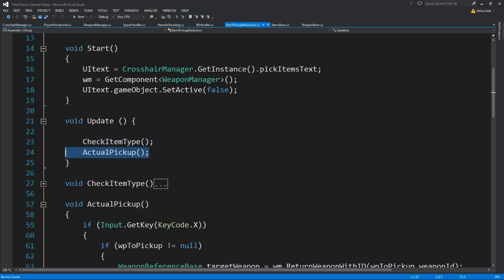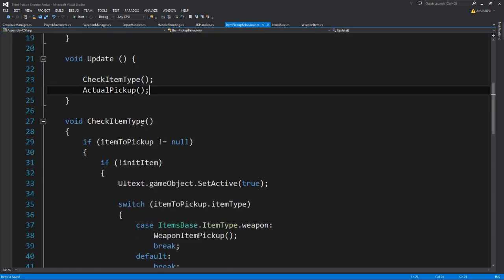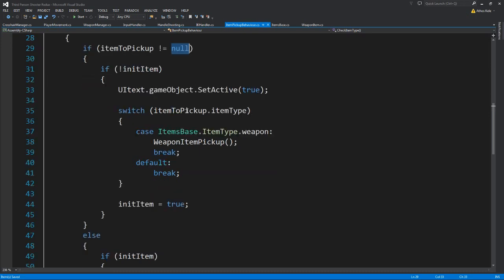Check item type and actual pickup. Check item type is where we check what kind of an item it is. Okay, we take the item base, we know it's an item, we now want to see if it's a weapon item. To do that, we need to check if we actually have an item, so the item to pick up is not null, and if we haven't initialized an item,